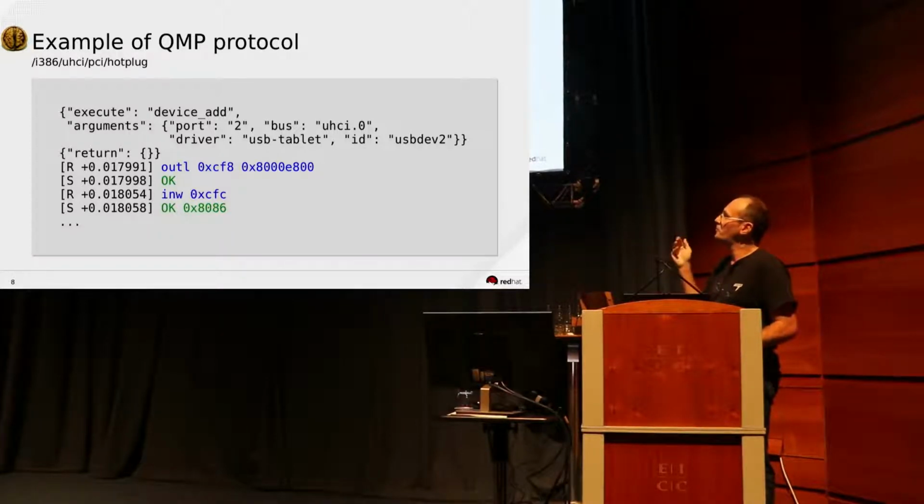We can see a QMP command that asks to plug a USB tablet into the machine, and we have a result that is written. And after that, the test application can check by reading some I/O register to see if the tablet has been correctly plugged into the machine.